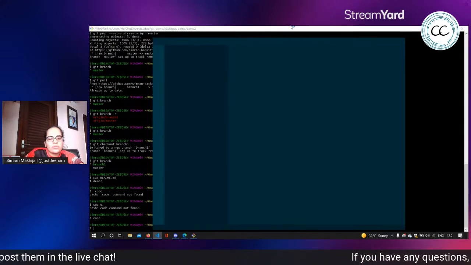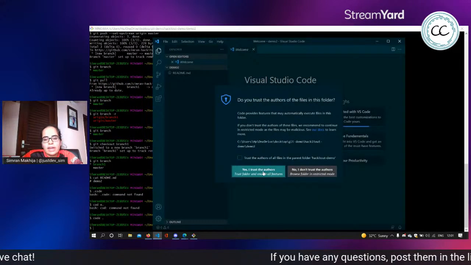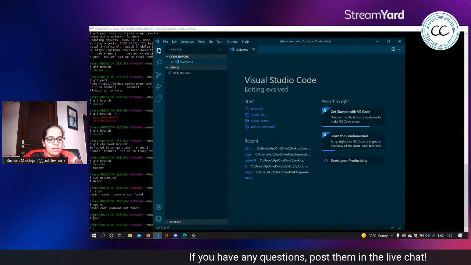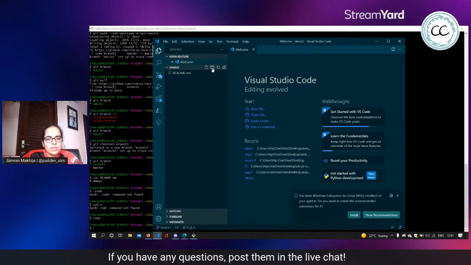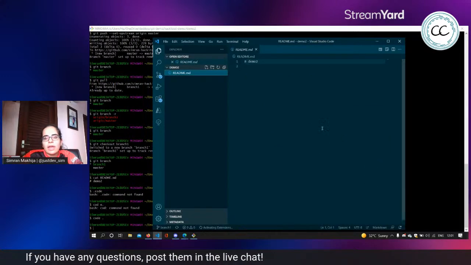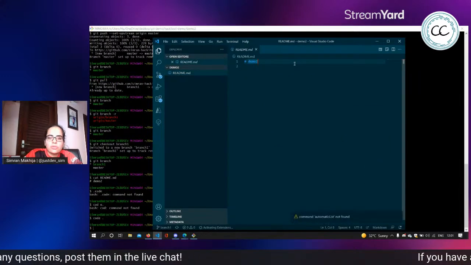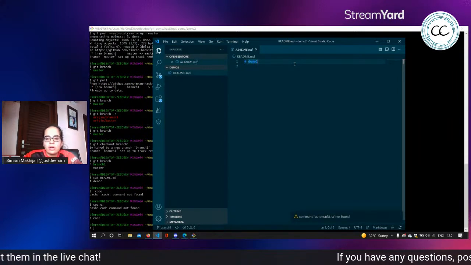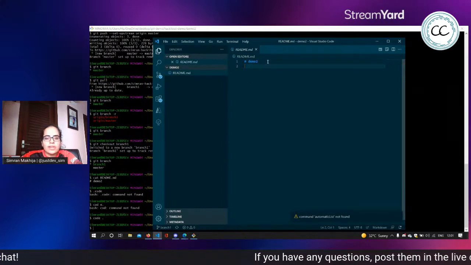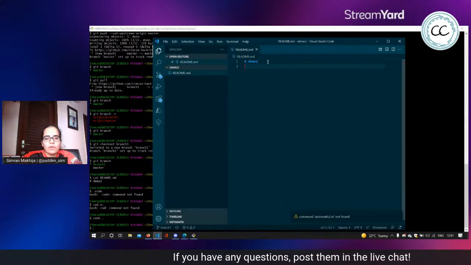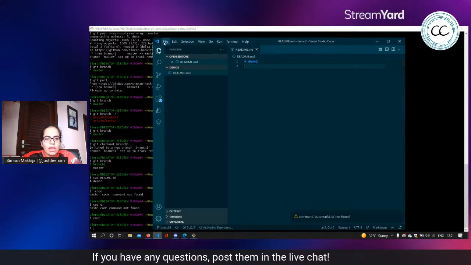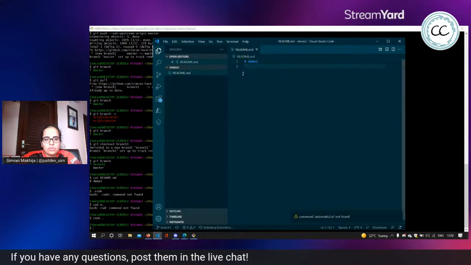Yes, it opens Visual Studio Code to this directory. This is a very useful command, code and dot. It opens Visual Studio Code here, and let's make some changes. I have autosave on in Visual Studio Code, so I don't really have to Control S every time. I'm gonna turn off autosave just to show.